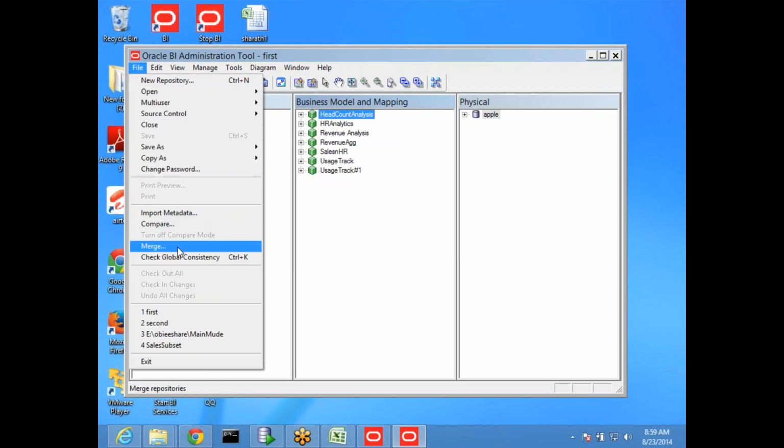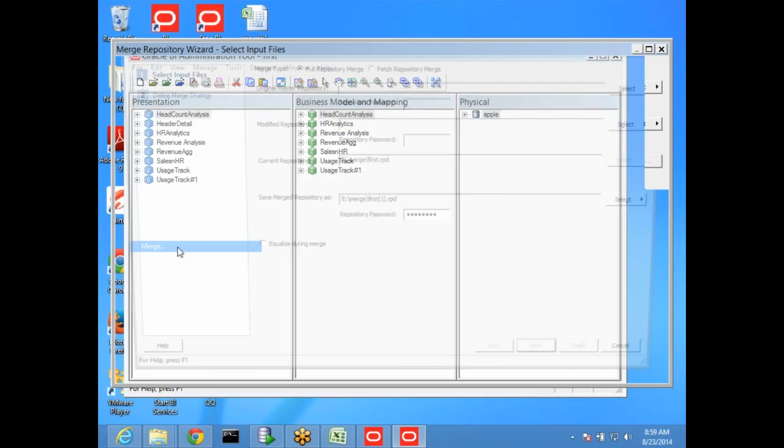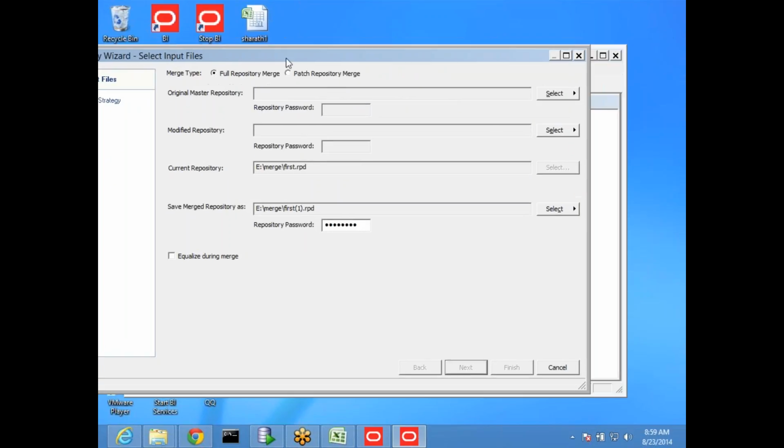So here you will find the option called merge. Okay, so here you will see a couple of options. The current one is the first one. Somebody modified that one, which I am considering as the current one. And you will see original and also modified. What is original? The one which is actually original,